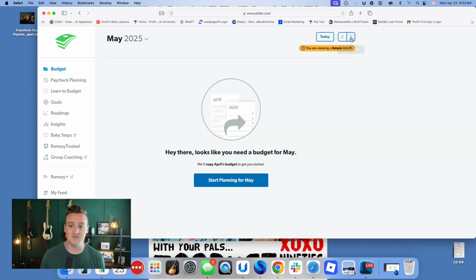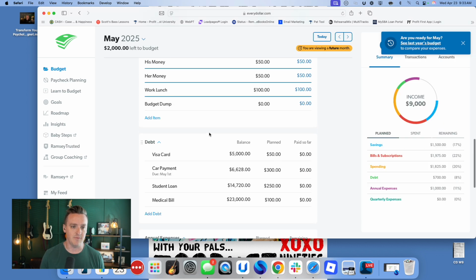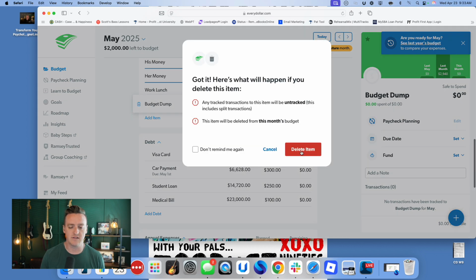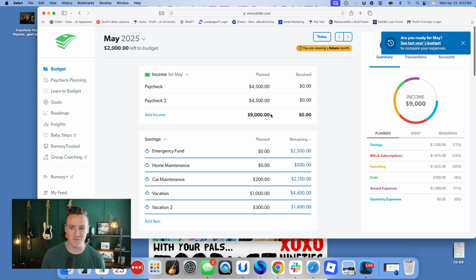And then when you come to May and you start your new month, you can just delete that line item when you get down to it because you no longer need it. Hopefully, because we're going to track our transactions better this next month, we don't need to have a budget dump. Anytime this happens, you can do this, and it's going to at least set your budget up